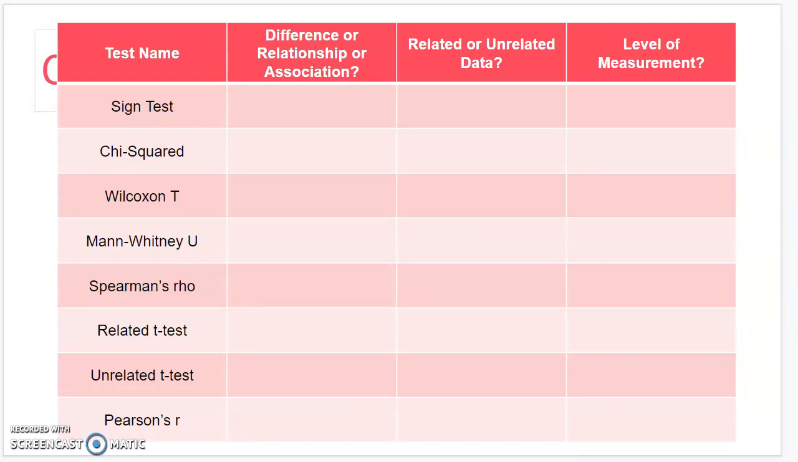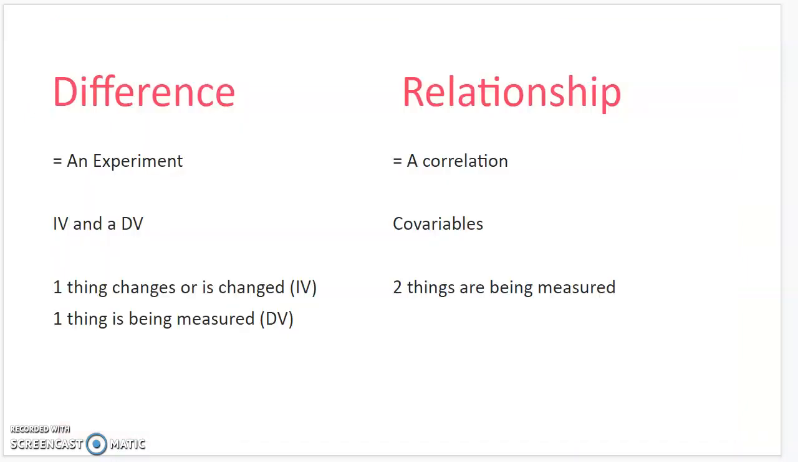When making a decision about what test is appropriate for a given scenario, the first decision you need to make is whether the scenario and the research that you were looking at is looking for a difference, a relationship, or an association. Okay, in terms of deciding whether a scenario is a test of difference or relationship,